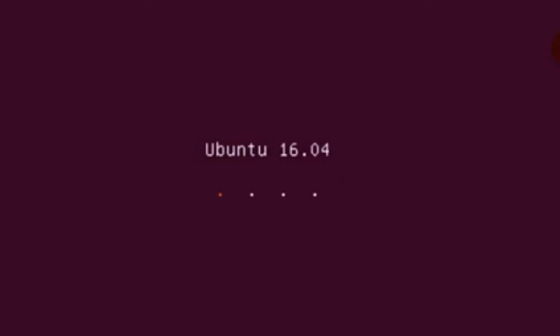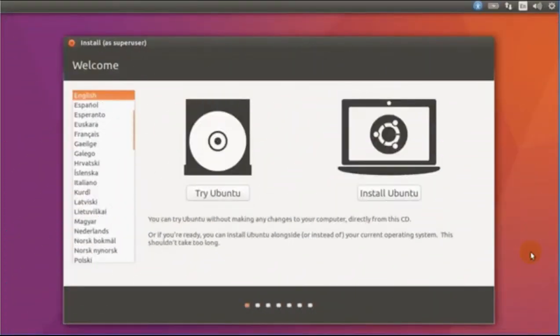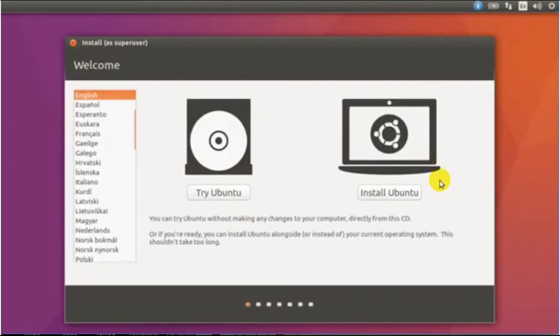You will see the screen of Ubuntu 16.04. Wait till the welcome window comes up. There are more or less 8 steps to be accomplished in installation of the Ubuntu operating system. The steps are: first, in the welcome screen, select the language from the left menu and click on Install Ubuntu. On the left hand side, languages are listed in which you want to install Ubuntu operating system in your computer. In our case, we are keeping the default language English.